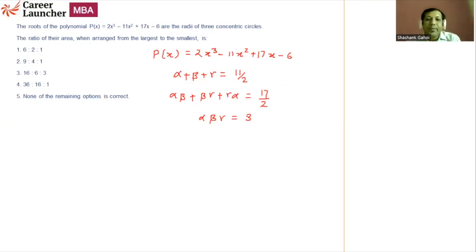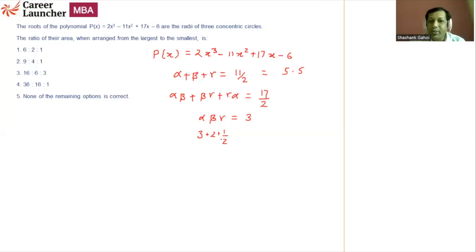Okay. Now, the product of all three numbers should be 3 and the sum of all the numbers should be 5.5. So it means I need one number that should be a decimal, with decimal part 0.5. So the number can be 0.5, it can be 1.5 or something like this. So let's assume one number is 1 by 2, one number is 3, one number is 2. So the product of these three numbers becomes 3. The sum of these numbers becomes 5.5.